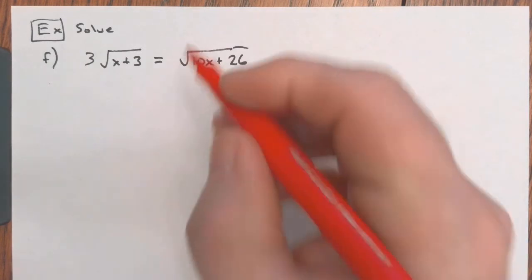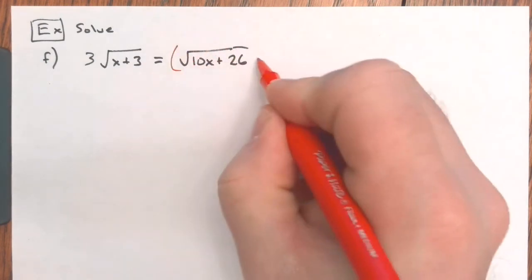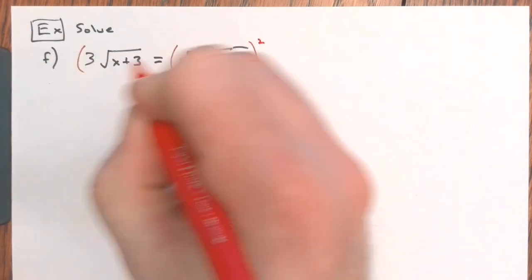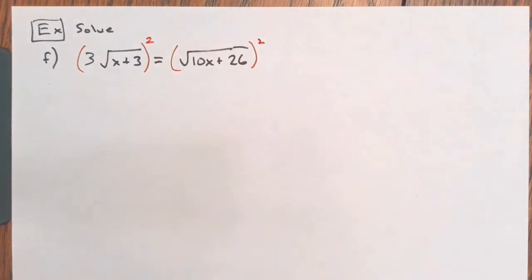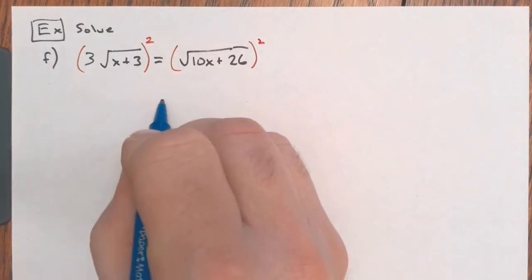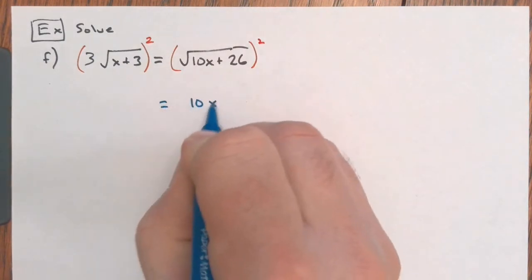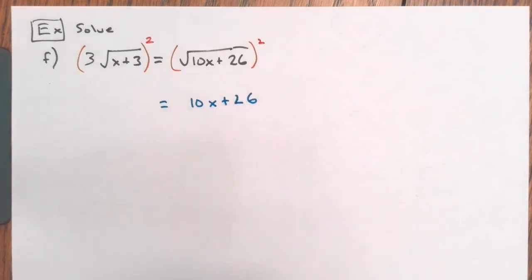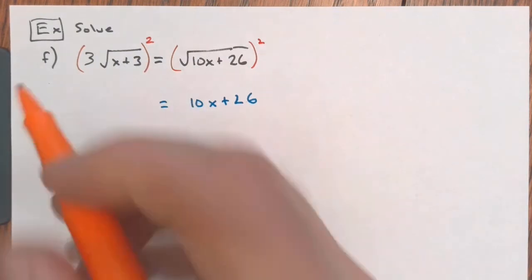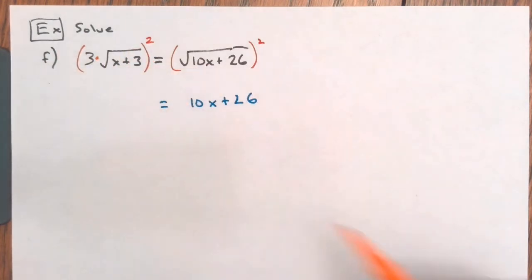So I have a square root all by itself on the right. I know to undo that, I would square both sides. So the right side gives us a 10x plus 26. The left side, we need to think about what this represents. Outside of the radical, there is only multiplication for our operation. So this is just one big term. There's no addition or subtraction outside the radical,